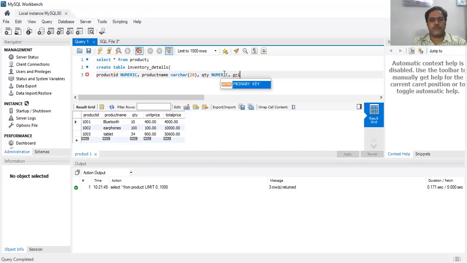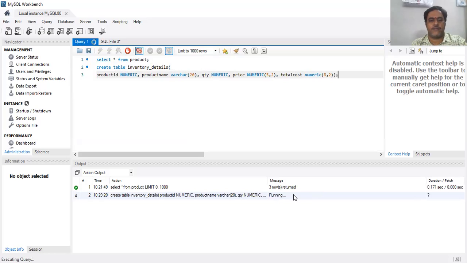Price, numeric within brackets specifying 5, 2, and total cost numeric, specifying 8, 2. So this is my table. This table contains 5 columns. Now execute the query, so one table is created.